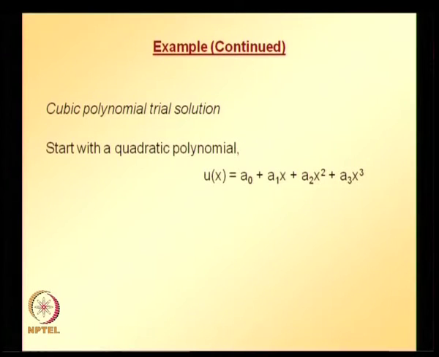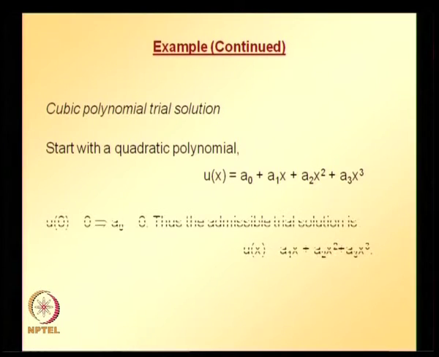You can easily guess that it is nothing but a naught plus a1x plus a2x square plus a3x cube. Okay, so the first job is to make this admissible. Admissible means it has to satisfy the essential boundary condition. You take this trial solution and substitute x equal to 0, which leads to the condition that a naught is equal to 0. So the admissible trial solution becomes u is equal to a1 x plus a2x square plus a3x cube. Okay, so now your job is to find a1,